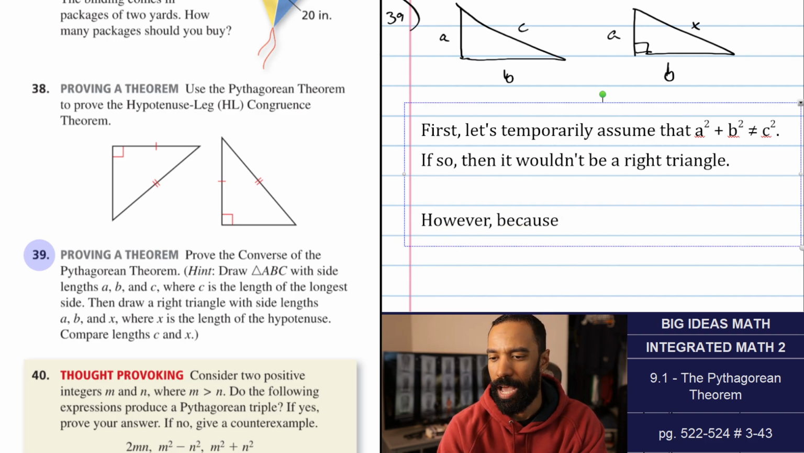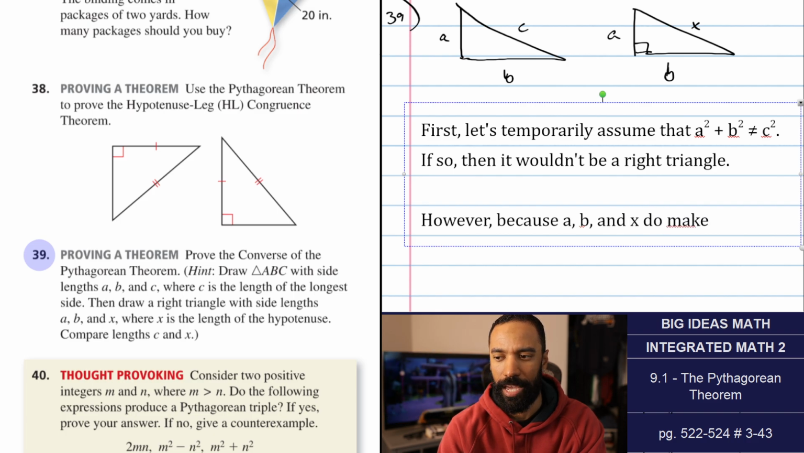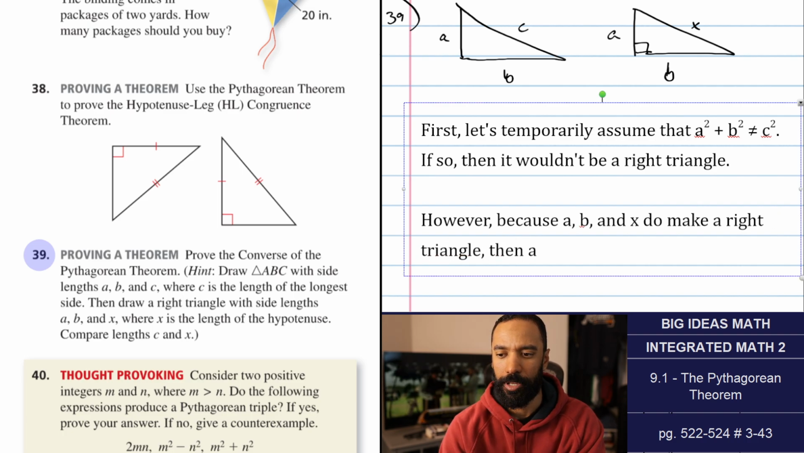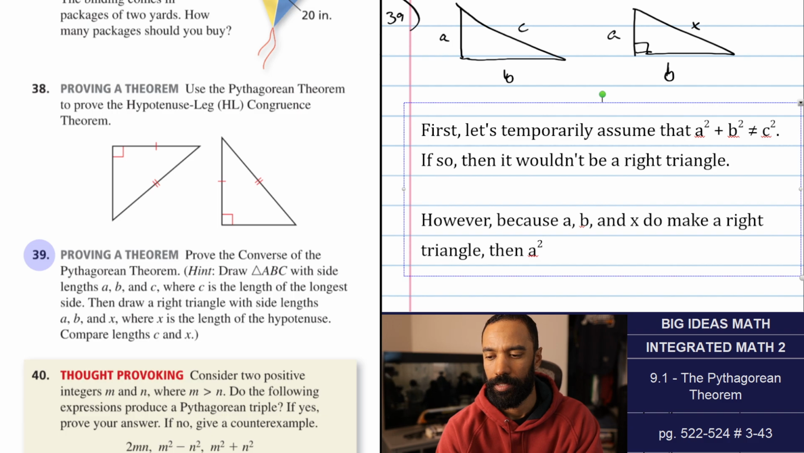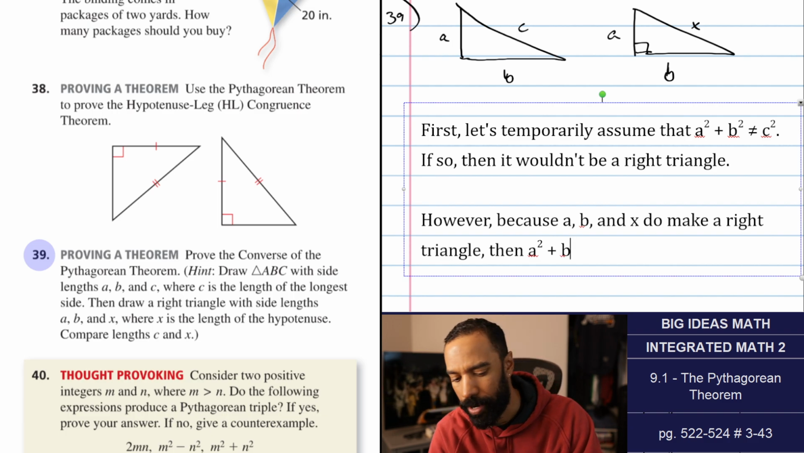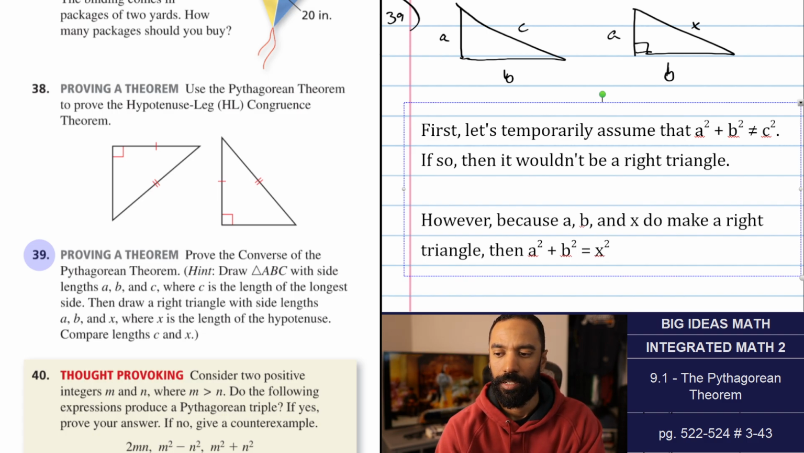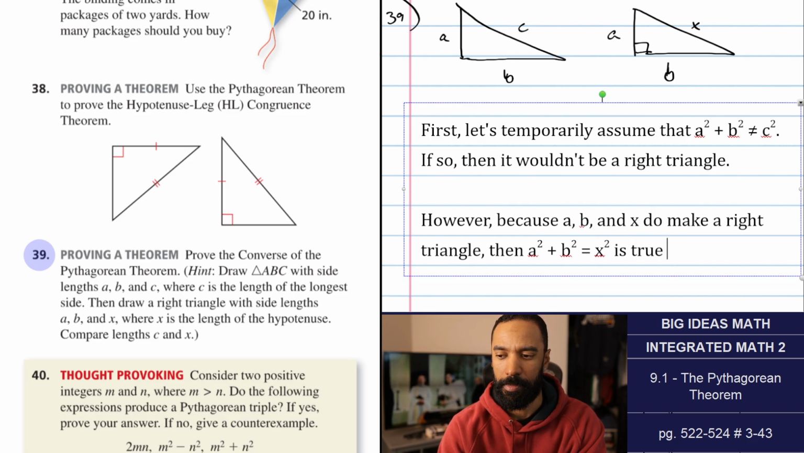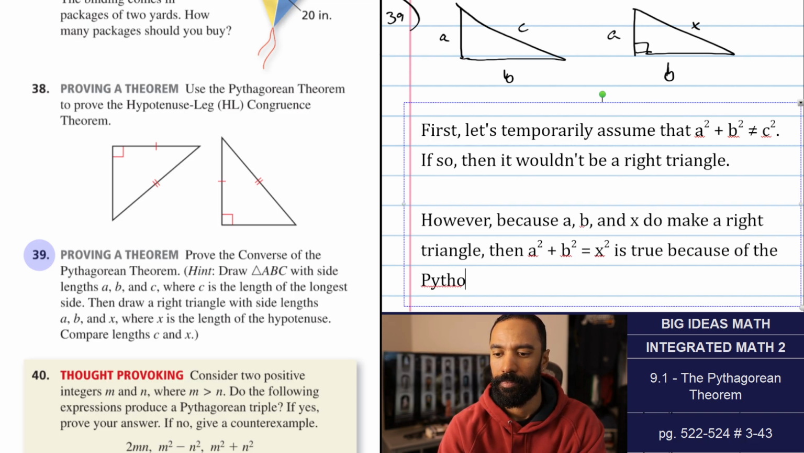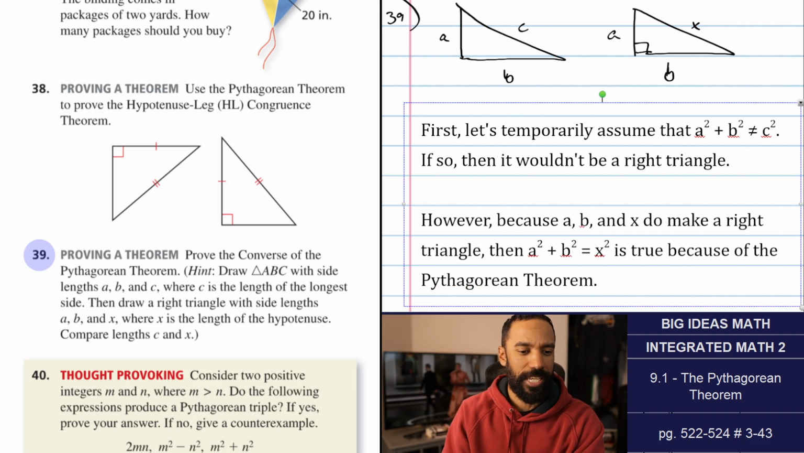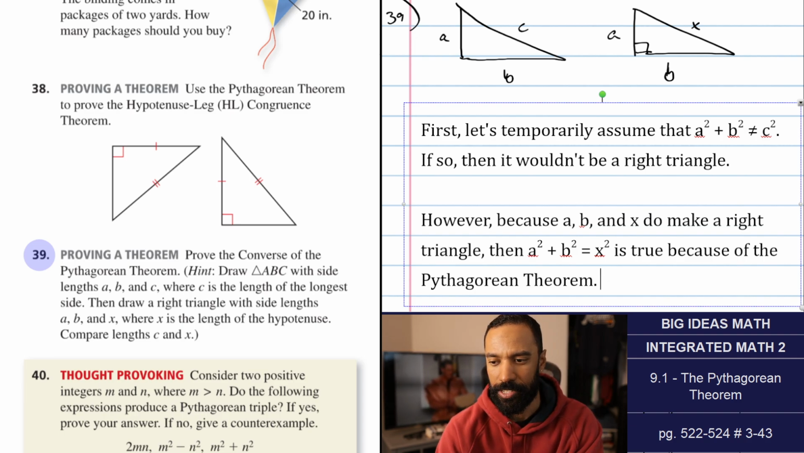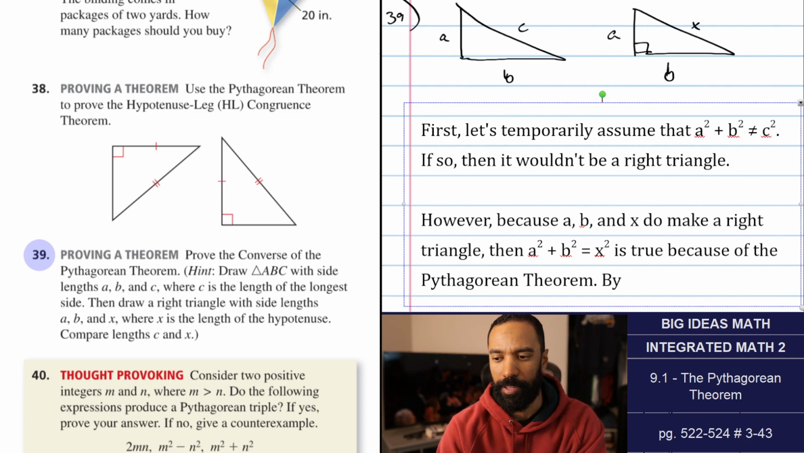However, because A, B, and X do make a right triangle, then A squared plus B squared equals X squared. That is true because of the Pythagorean theorem. Since C equals X, wait, compare C and X. By the transitive property of equality,